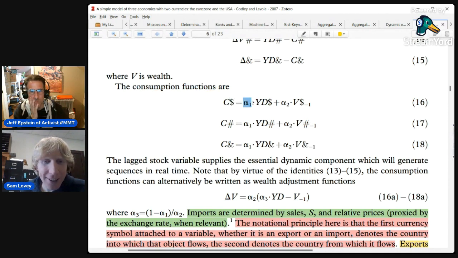What do you think about Greek letters? Any guesses as to why that's there? What it could mean? The amount of money that people want to spend, their propensity to consume. Yeah, actually, it is their propensity to consume, and it's showing that if your disposable income was to go up by $1, then your consumption would go up by alpha. So if they want to spend 25% of their income, then yeah, okay.